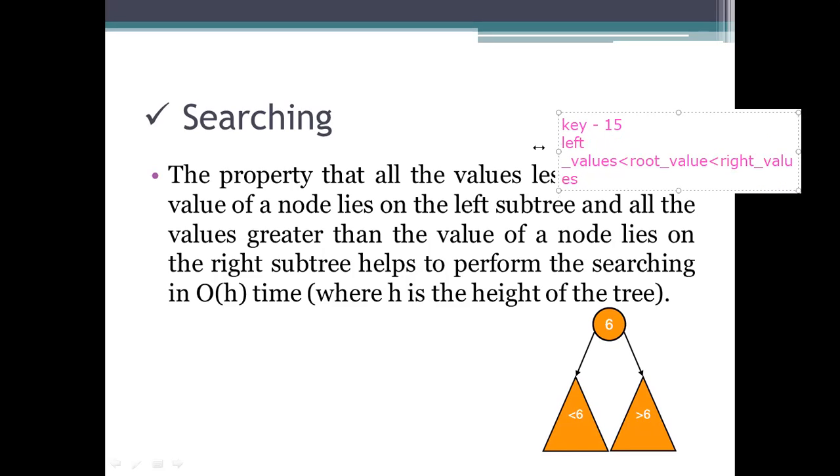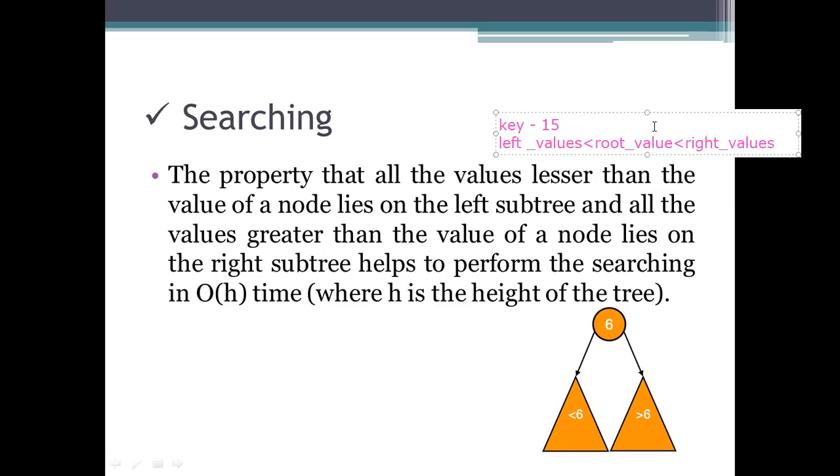So that's the relation. Now, see what the root value is here. In this example, the root value is 6.